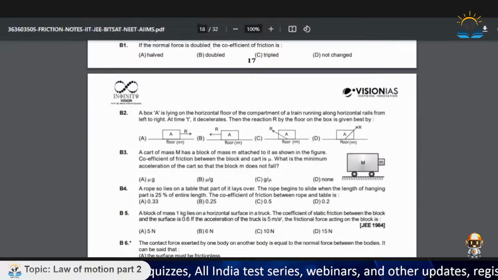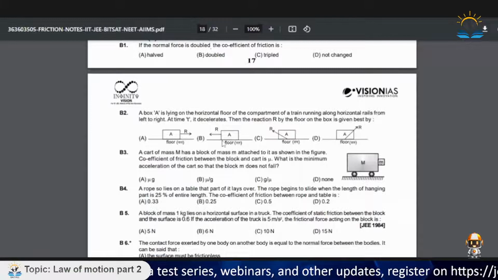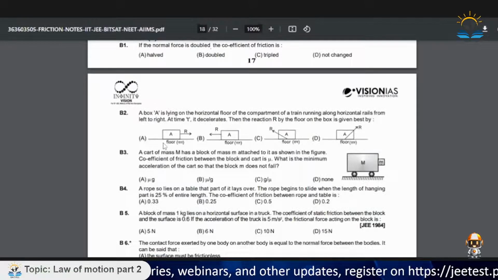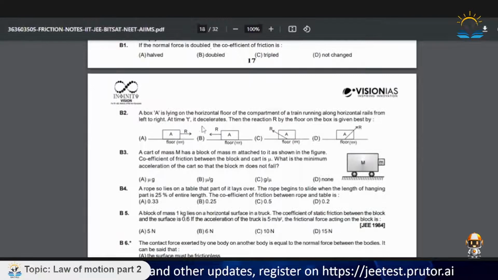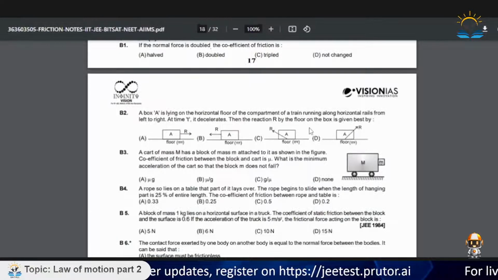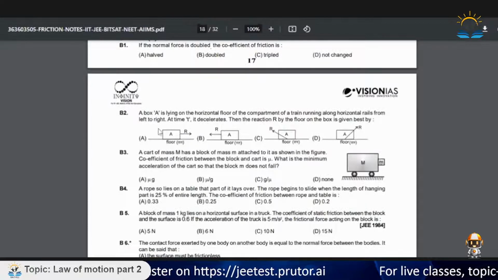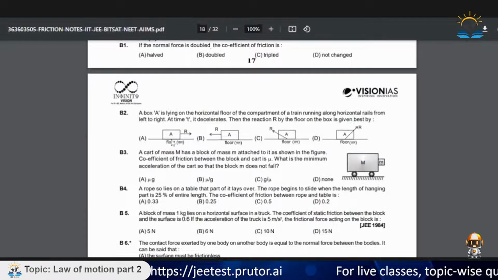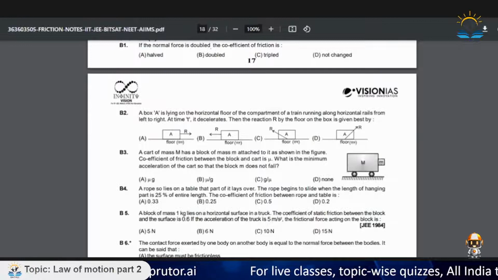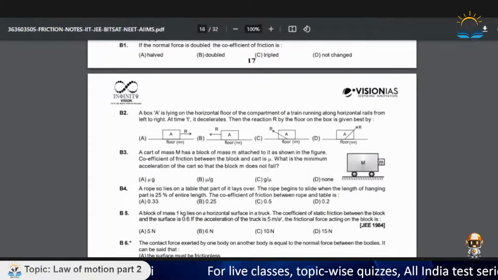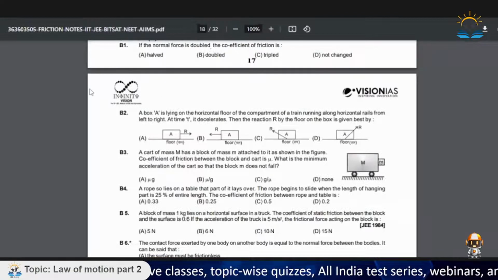Now here this question says a box A is lying on the horizontal floor of the compartment of a train running along the horizontal track from left to right. At time t it decelerates. Then the reaction R by the floor on the box is given this way. So we know there is this floor and this is a rough horizontal floor. So when the train is accelerating, this is a non-inertial frame of reference. So when the train is accelerating in the backward direction,